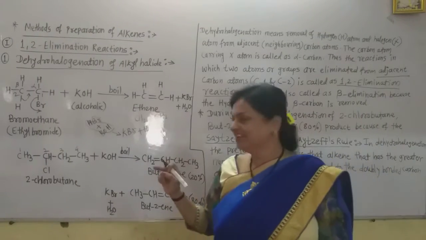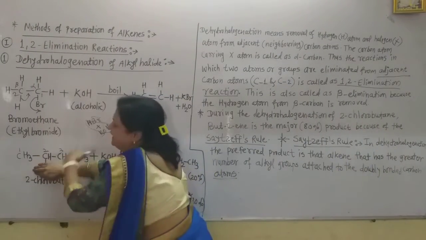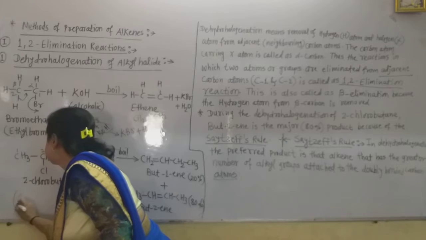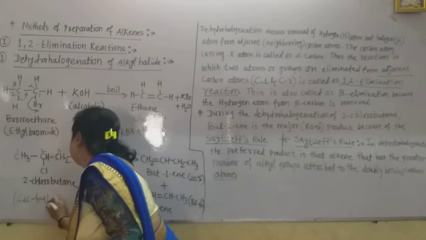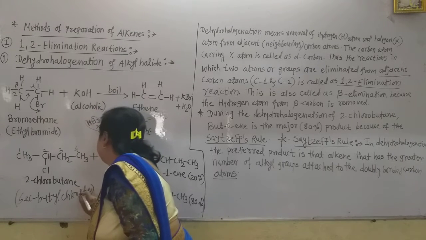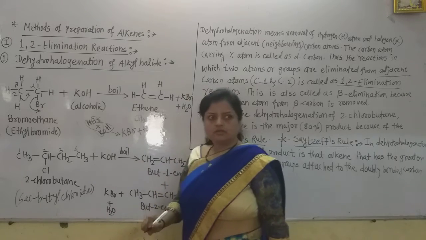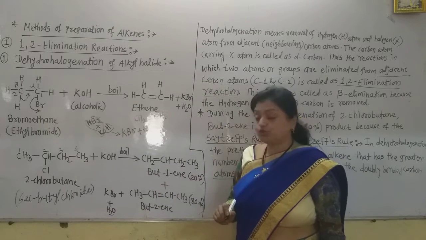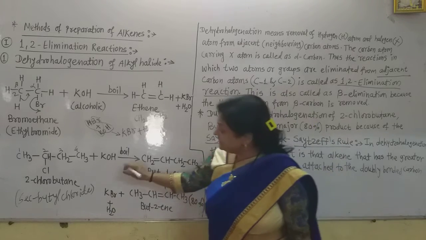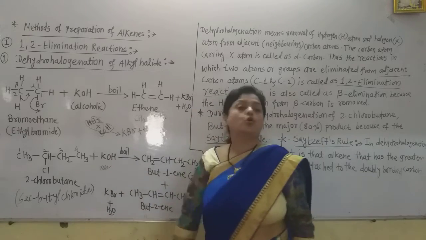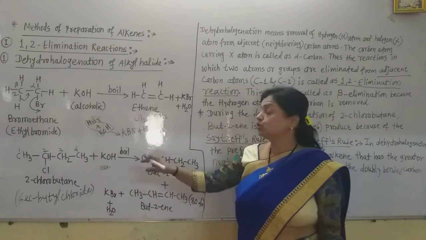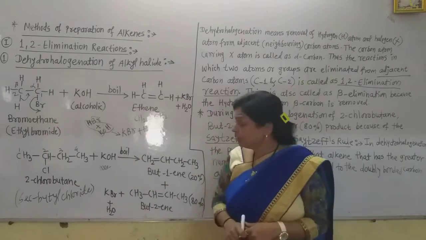But this is an alkyl halide. As we know, this is the secondary butyl group. So what is the common name of this? Secondary butyl chloride. But the main, that is the IUPAC name, is 2-chlorobutane. That is very important. This reaction is very, very important. Now boil this again in the presence of alcoholic KOH. Writing alcohol is very important in this reaction, because the KOH solution is made in alcohol. Now what happened?